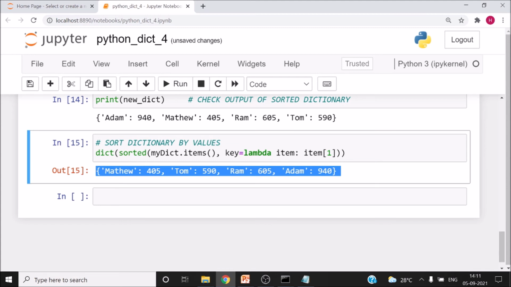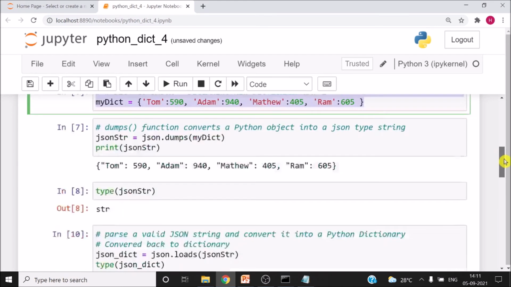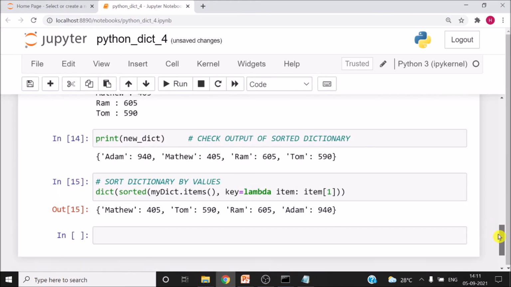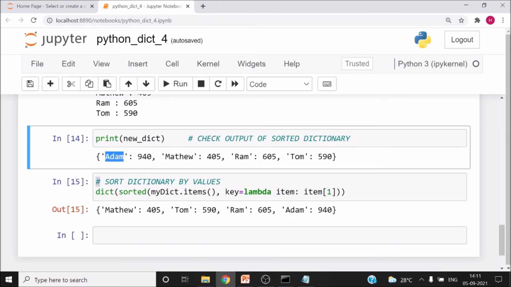I have to go above. So this cell number 6 is the cell where we had declared a dictionary. Okay, now let's go down and see. So you have here sorted by name, and you have here sorted by value which is numerical.